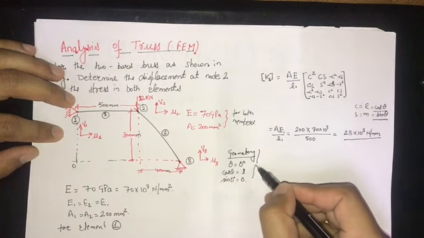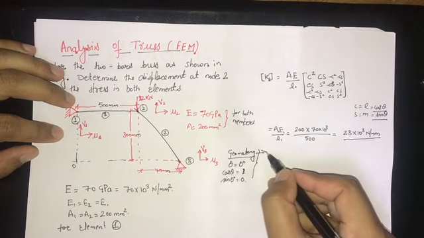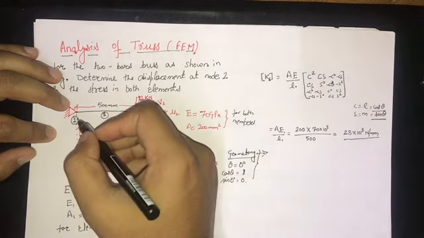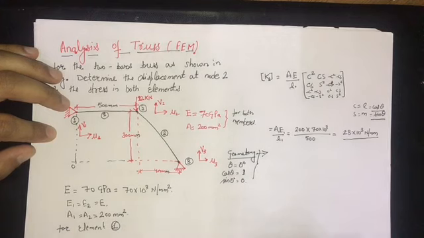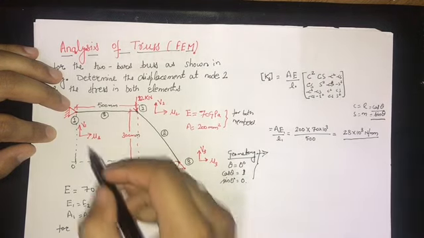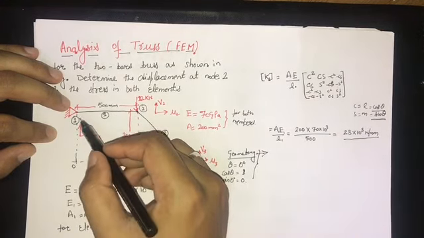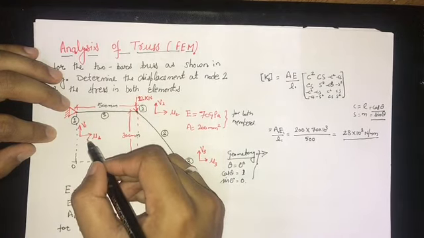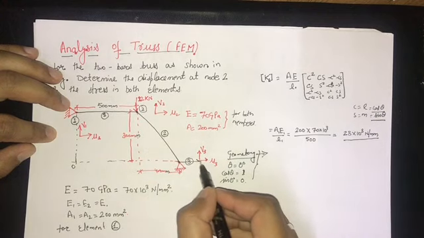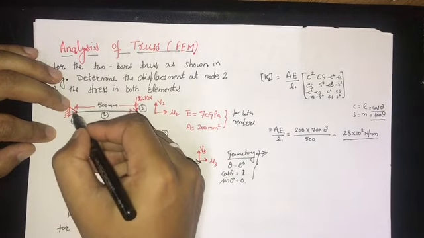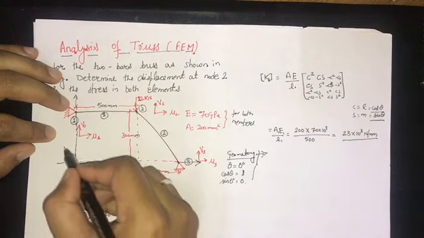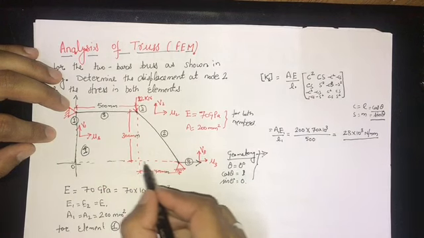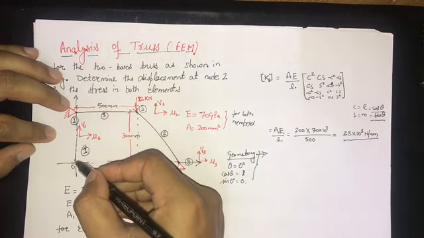Our second simple method is from the geometry. So why the geometry? Here the entire truss element can be located in any one of the coordinate systems. Suppose this is one coordinate system and another one is here. So I am taking the entire system in the first quadrant, because we have 4 quadrants. So it is the first quadrant, with a horizontal and a vertical reference line.